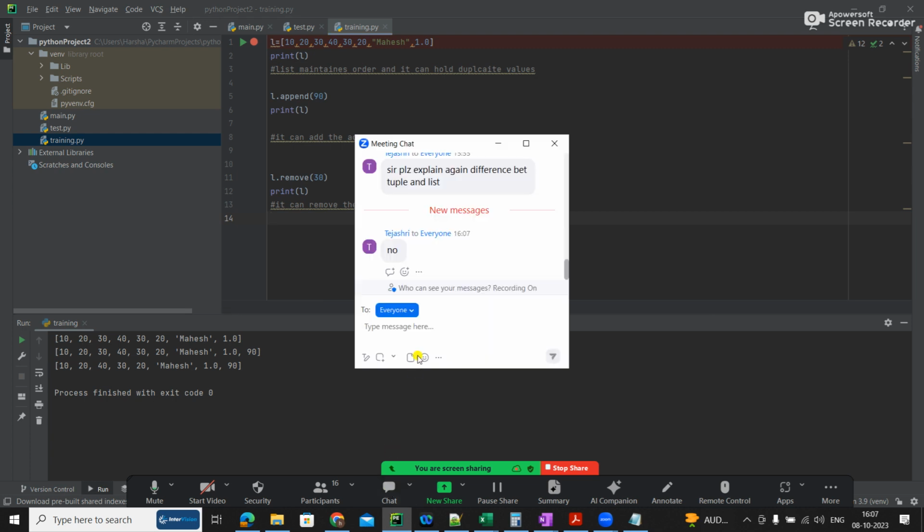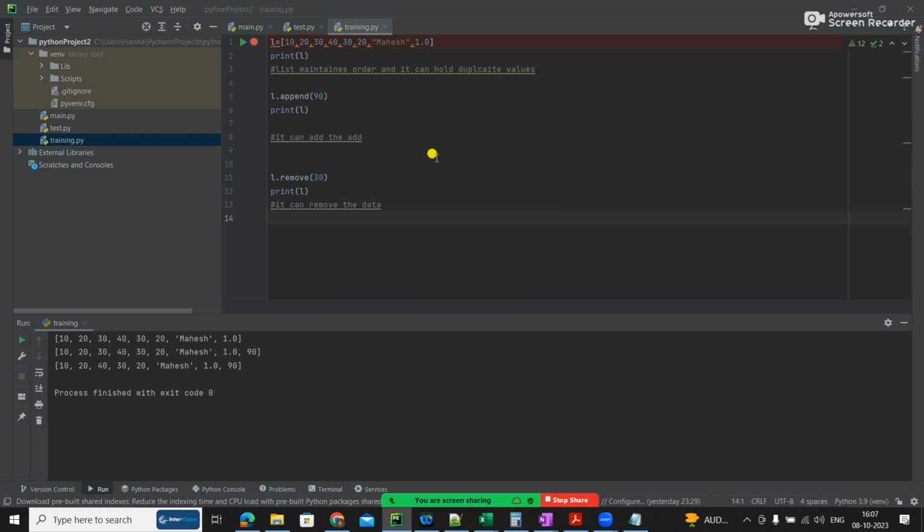Sir, can you elaborate what is append? Append is just adding. It is a function given in Python under the list to add a value at the end. There are other things called add, which I'll introduce maybe for set. For list we don't have add, but for set we have a function called add.